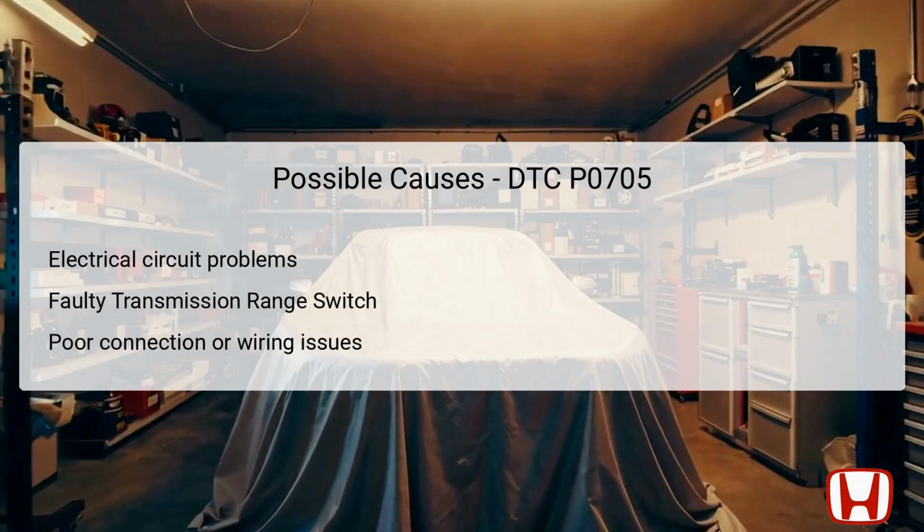The DTC P0705 is often attributed to several potential electrical issues within the system. A common cause is a fault within the electrical circuit, indicating that wiring may be frayed, shorted, or otherwise compromised. Another possibility is a malfunctioning transmission range switch, which may not be sending the correct signals to the ECM, leading